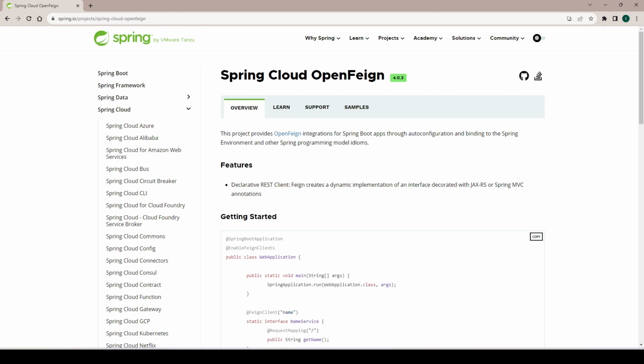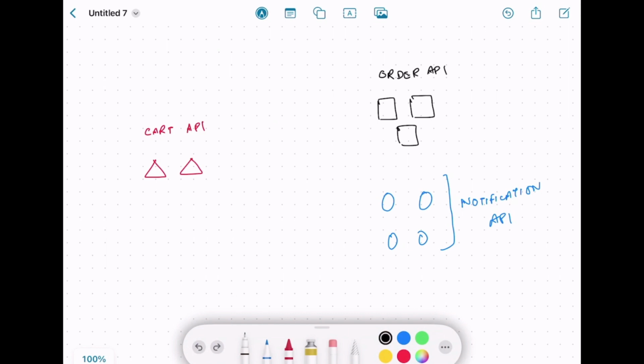Spring Cloud Open Feign is a wrapper around the same project, and same as other Spring projects, it simplifies the integration with the help of Spring Boot auto configuration. Let's quickly see what we are going to cover in this video. For instance, we have three microservices: Cart API, Order API, and Notification API. When we submit the order, Cart API needs to call Order API. When the order posting is complete, Order API needs to call Notification API so that it can send the notifications